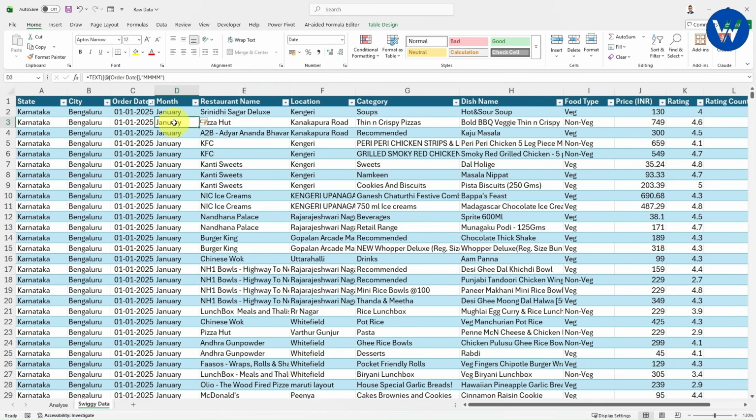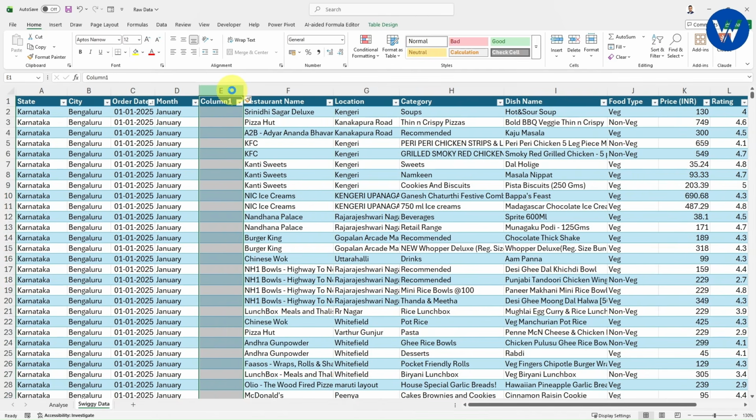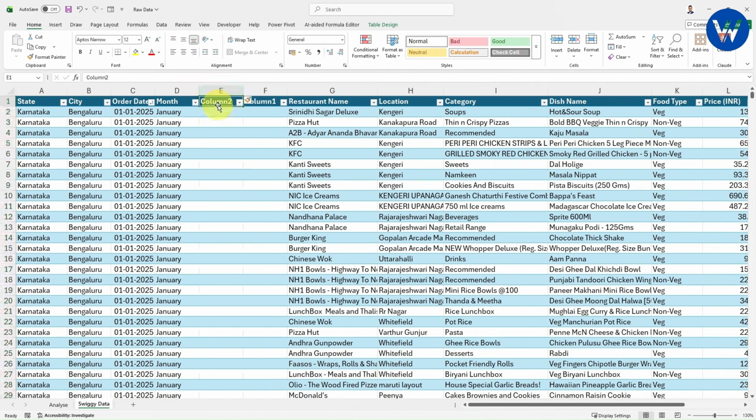In the same way I will add one day column as well as a quarter column. It is very simple. To insert a new column, press Ctrl+ on the keyboard. A new column will be inserted, right? Two columns are inserted. I will change the column names. I will write here day. For the next column I will give the name quarter. I will show you why we are creating these new columns, day and quarter.